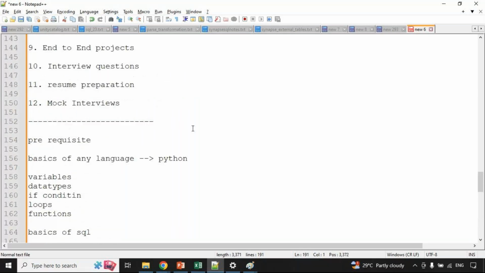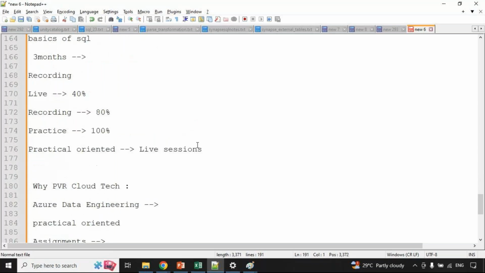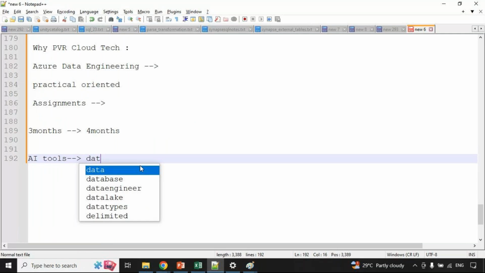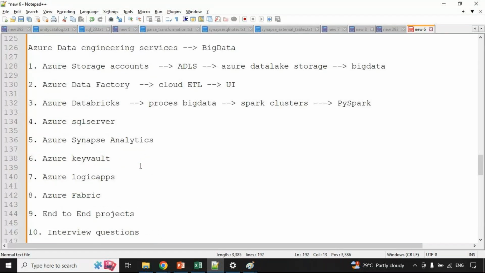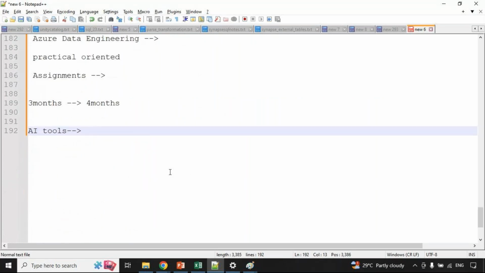And coming to programming, people are scared about programming, guys. Nowadays you need not worry at all, because plenty of AI tools are available. In Databricks you have to write a certain amount of code, and that is also available. Databricks itself is already integrated with AI, so you directly get the code, and you just have to integrate it. But too much addiction to AI becomes difficult, guys.